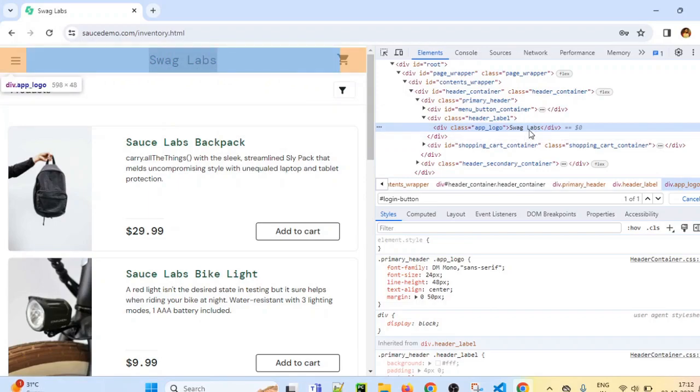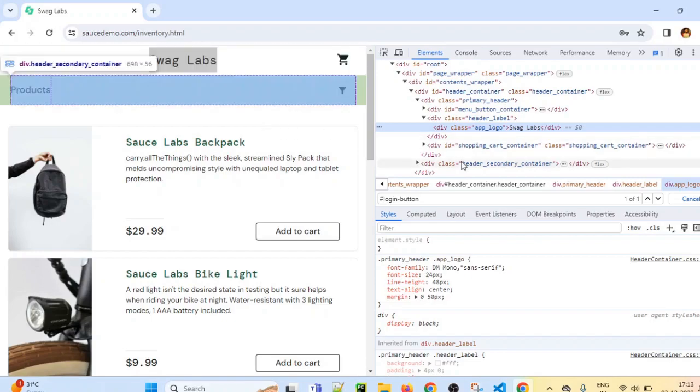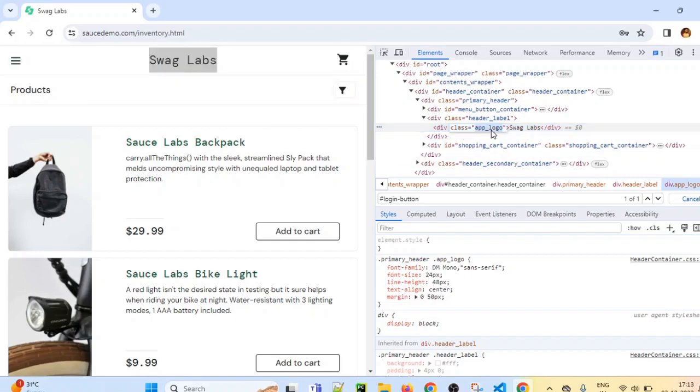So we want to verify that this element, that is app underscore logo, should have Swag Labs as a text. If this text is present in the app logo, that means we have successfully logged in. Then only we can come to this screen. That will validate our test case. So I will just identify the class name. What is the syntax for class name?